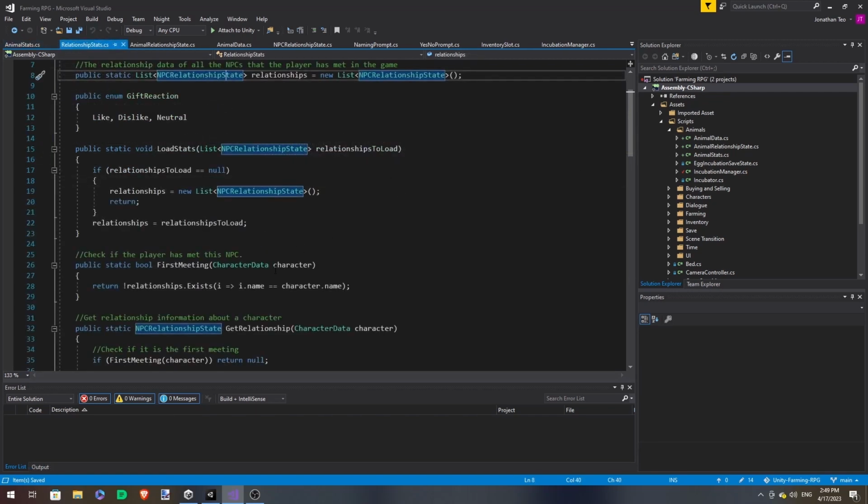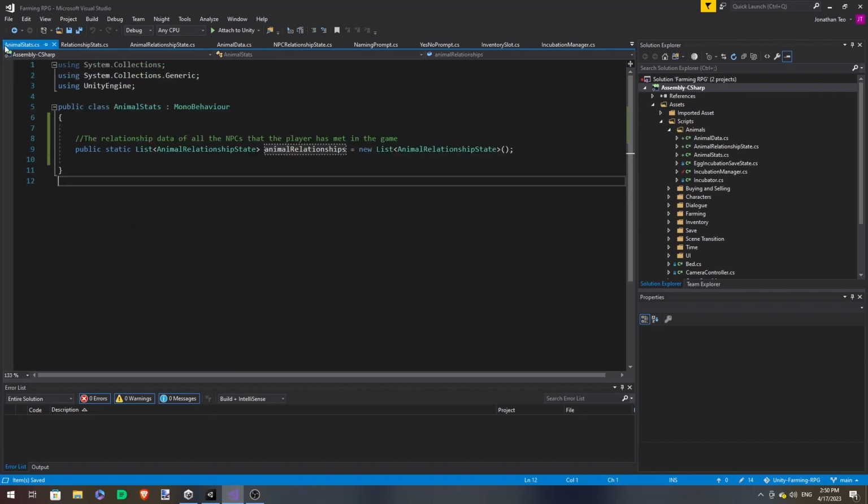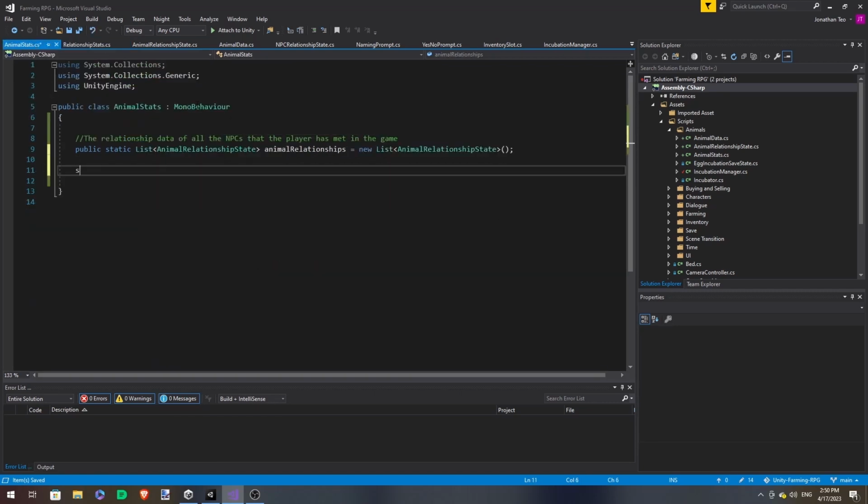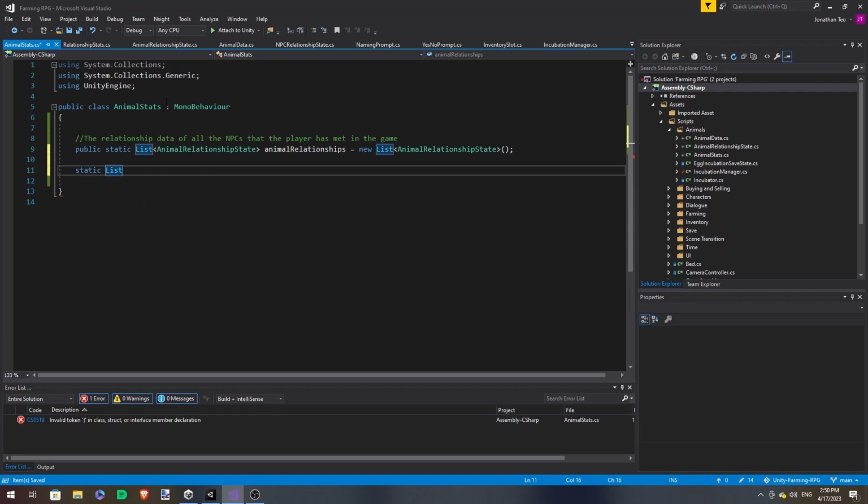Now, unlike our relationship stats, where the character data actually corresponds to the relationship state, we do them with instances, right? There can be multiple chickens, but there can't be multiple beds. So we'll also need another static list of our animal data.